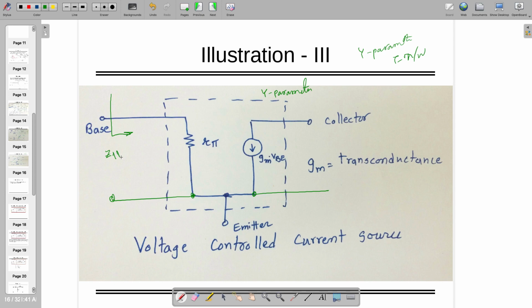Do you agree with me? Because Z11 is V1 divided by I1, right? If this is V1 and I1, rest of the things are 0, right? So that is going to give me Z11. Similarly, if I'm looking from here, Z22 is going to give me the output impedance, right? So if I know these impedances,